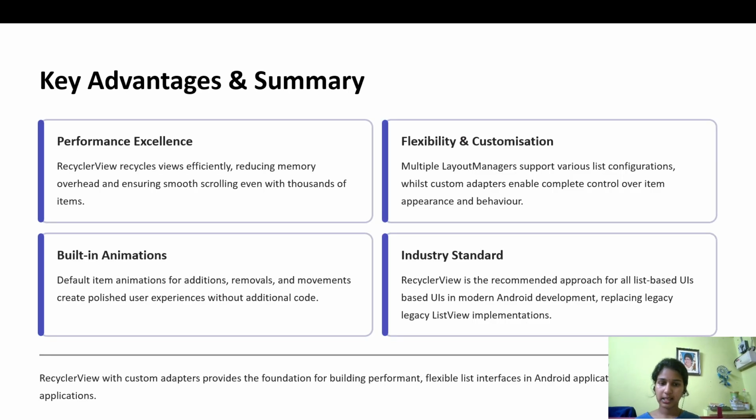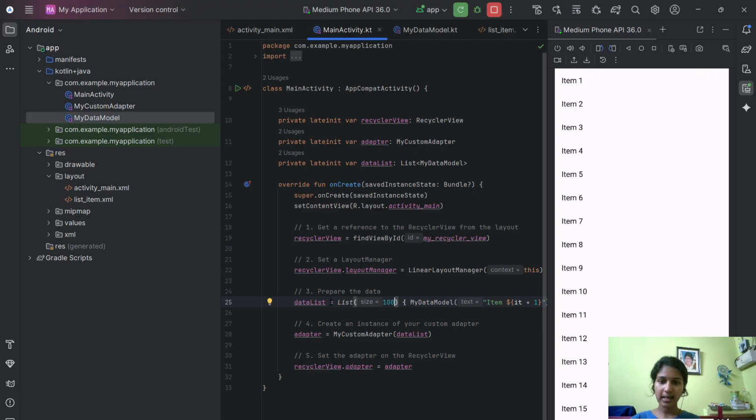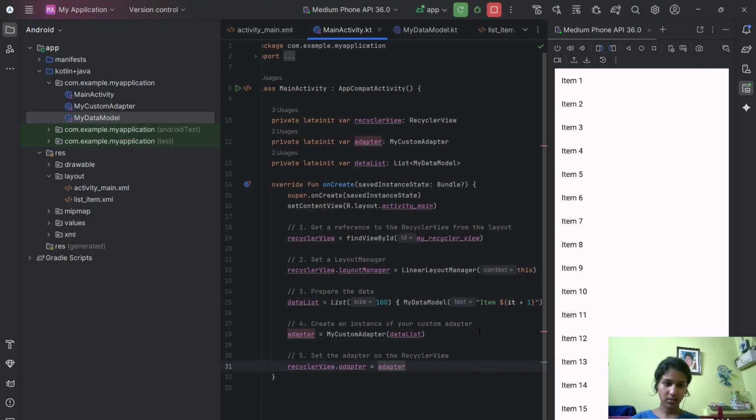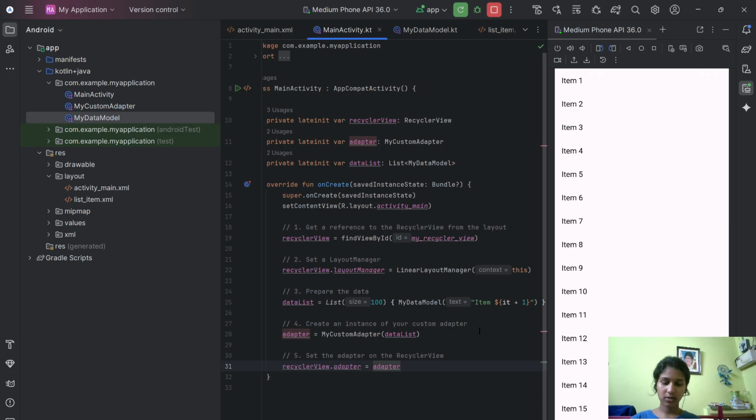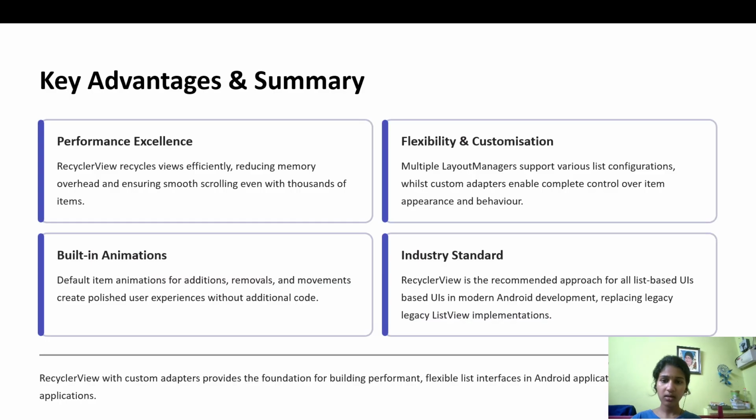So the advantages from this: performance is excellent and it reduces memory overhead. As you can see here, instead of storing the data in the static mode, here the data is displayed in the output in the emulator dynamically through the Kotlin code. So this will reduce the memory overhead. Why? Because